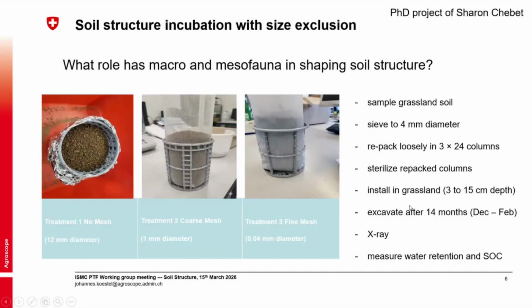Okay, so the first experiment to show that was a soil structure incubation experiment with size exclusion. And the aim was to see what role macro- and mesofauna and roots would have in shaping soil structure. Basically, what we did, we sampled soils from, well, actually it was Chebet who did that. She was sampling soil from grassland, sieved it to 4 millimeters, repacked it loosely, and she had 24 replicates for